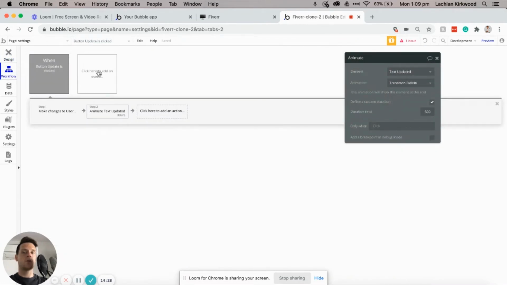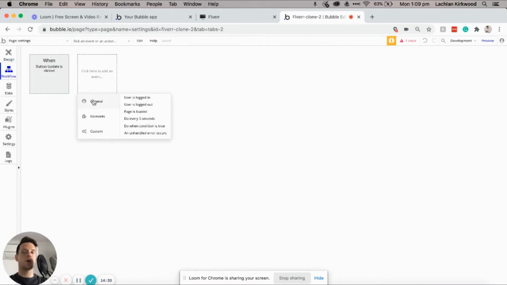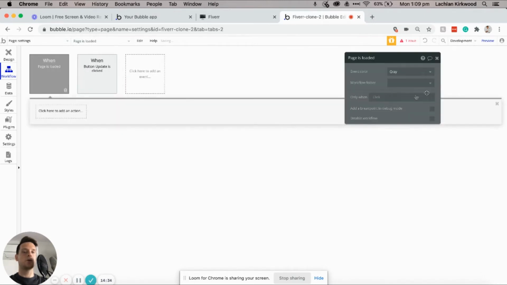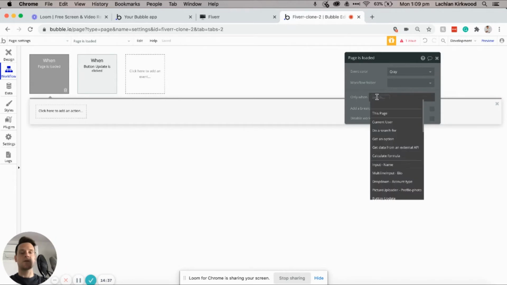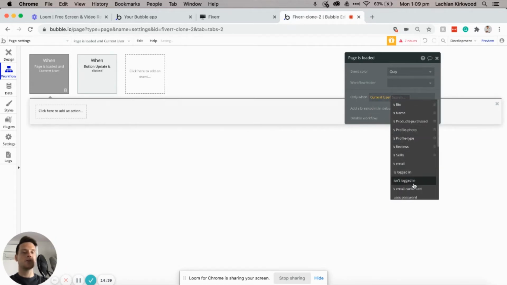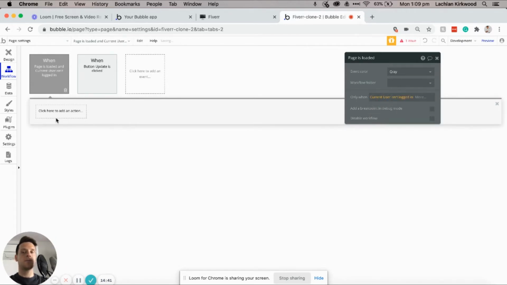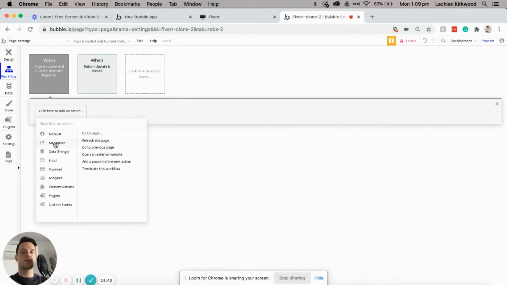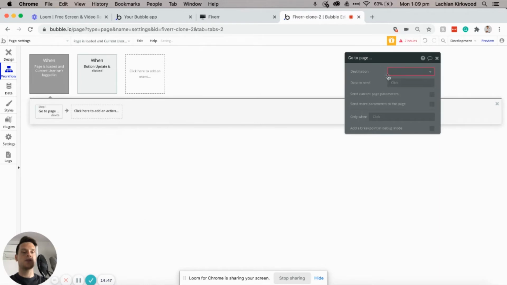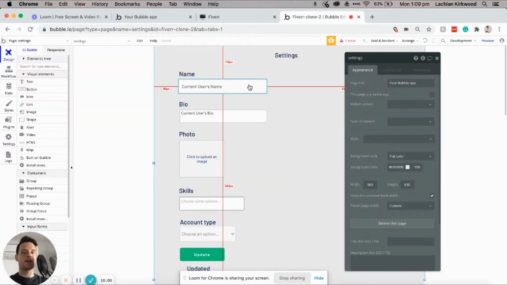So head over to our workflow menu, create a new workflow. Under our general tab, we'll just select when the page is loaded. And the condition to this workflow will register when the current user isn't logged in. And if a user isn't logged in, we're going to create a navigation event. We'll select that they need to go to a page, and that page will be our home page. And again, we will not be sending any data with this. So that is the final workflow we'll be adding to our settings page, and we can go ahead and preview